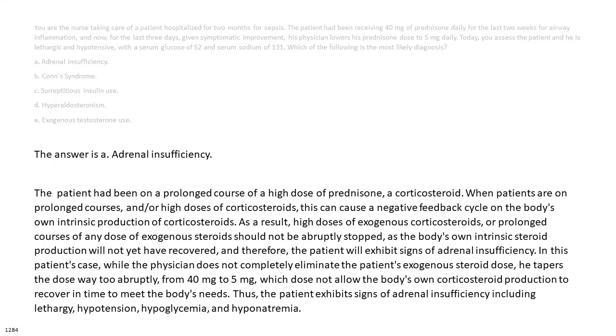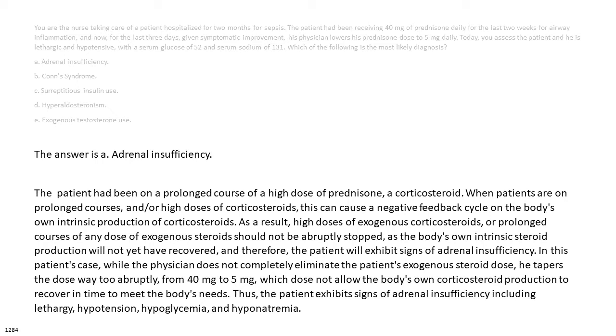The answer is A. Adrenal insufficiency. The patient had been on a prolonged course of a high dose of prednisone, a corticosteroid. When patients are on prolonged courses and/or high doses of corticosteroids, this can cause a negative feedback cycle on the body's own intrinsic production of